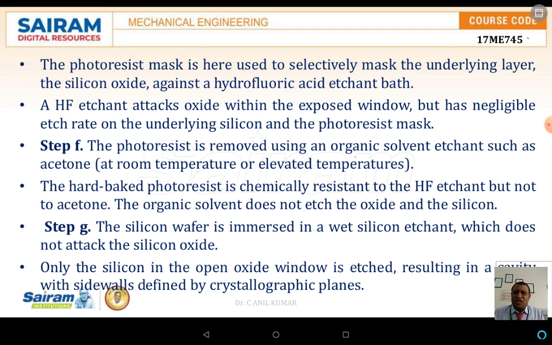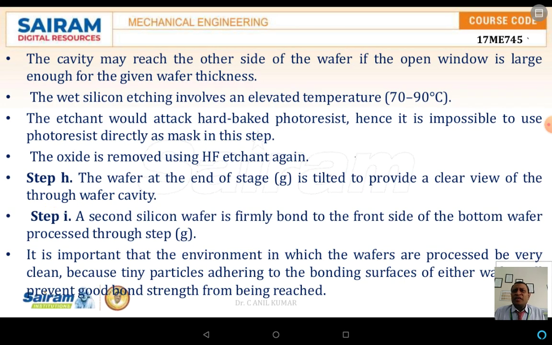In step G, the silicon wafer is immersed in a wet silicon etchant which does not attack the silicon oxide. In the further process, in step H, the wafer at the end stage is tilted to provide a clear view through which the wafer cavity has been formed.